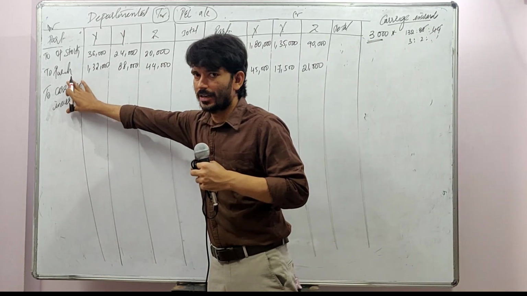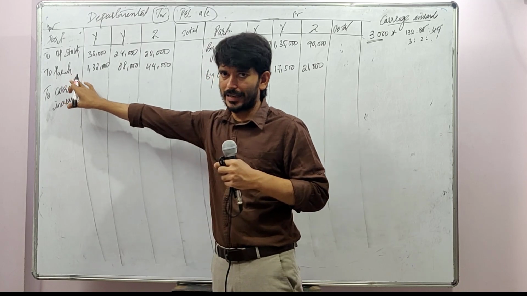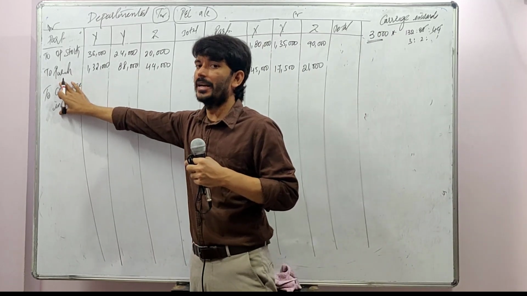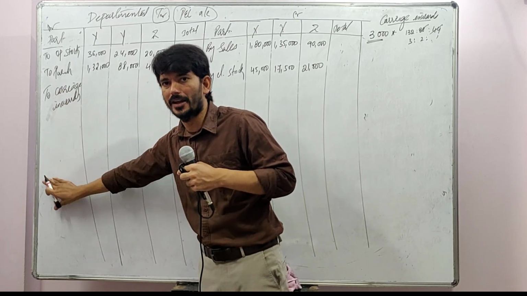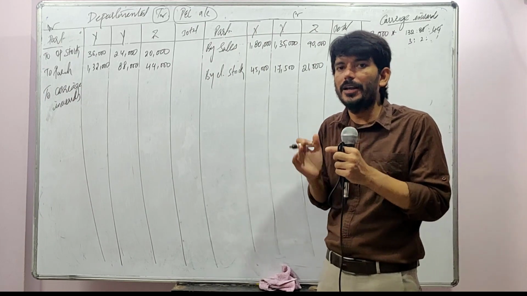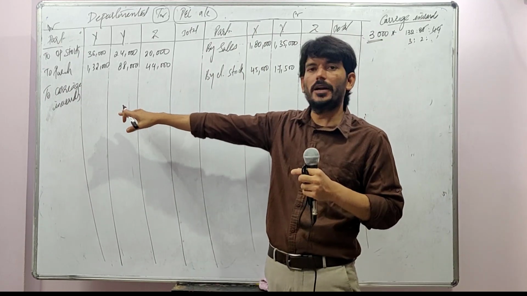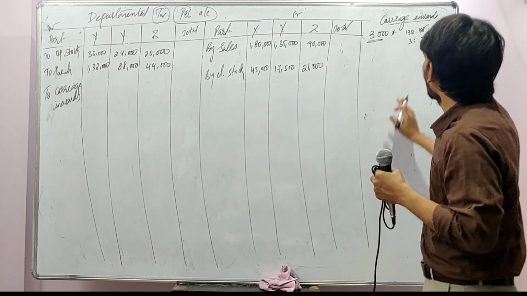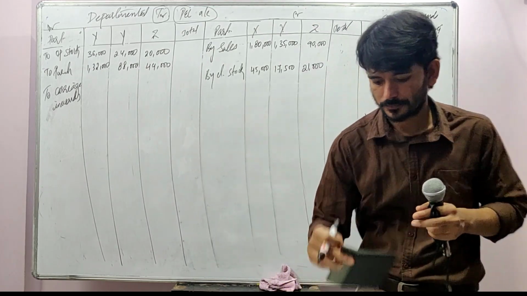Carriage inwards is your direct expenditure because it is incurred while the goods are coming into your factory. So we are writing it in the trading account. If it were here, that would mean writing in the P&L, but now we are writing in the trading account because before the goods are ready for sale, you are incurring that expenditure in the factory, right? So that will be your direct expenditure. So how do we write it? 3000